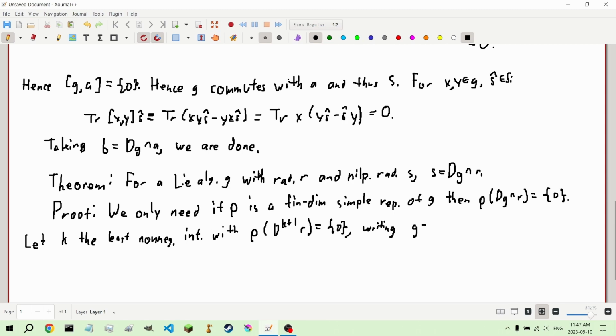Writing G prime as rho of G, A prime as rho of d^k of R,